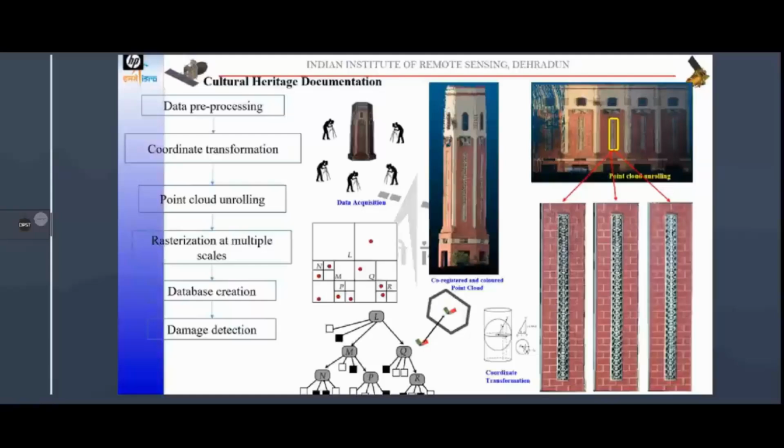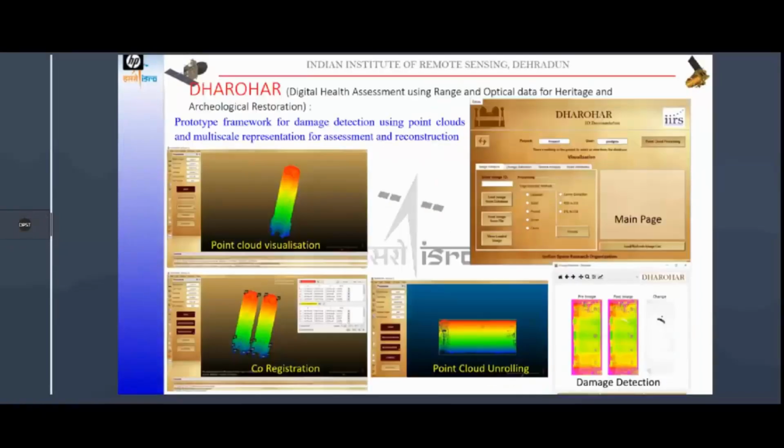it is basically developed for visualization of point cloud using terrestrial laser scanner. If we have two different point clouds, we can co-register them. Then all the entire methodology that we have developed for our application, we have brought here. So how the point cloud can be unrolled, how damages can be detected, all that can be done using this Dharohar